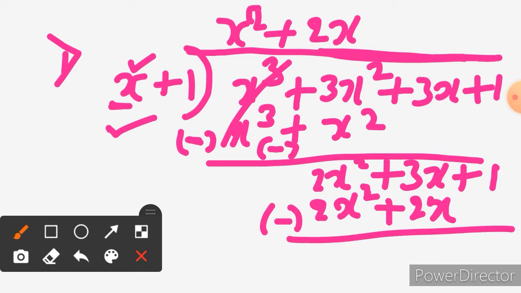As usual, make the sign negative here, because we have plus 2x square, correct? So here also it will become minus 2x square, and plus 2x square gets cancelled. 3x minus 2x will be x plus 1. Am I correct? Now we have the first term as x here. In a polynomial we have to eliminate the variable terms in order to get the constant term as the remainder. You should keep that in your brain.